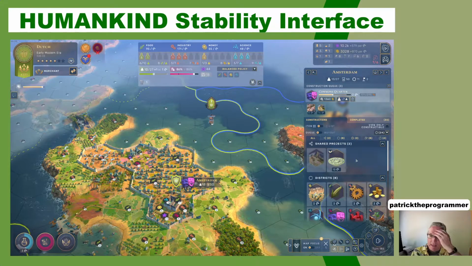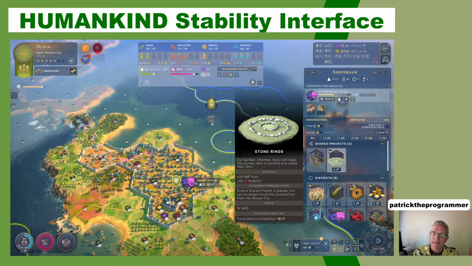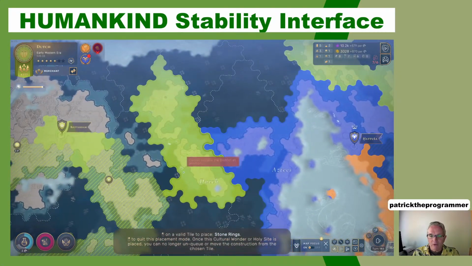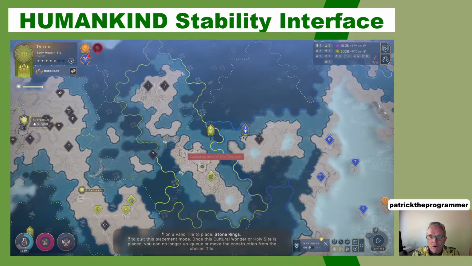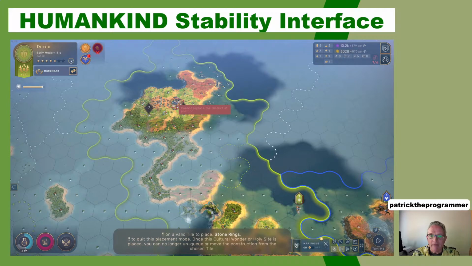empire-wide stability. And this thing here took me a while to figure out. See, that says plus 20 stability. That means plus 20 stability in the territory where it's built. So if I wanted plus 20 stability, I'd have to build this thing somewhere in this territory. So I could build it here, or I could build it up here. This is an admin center that I'm